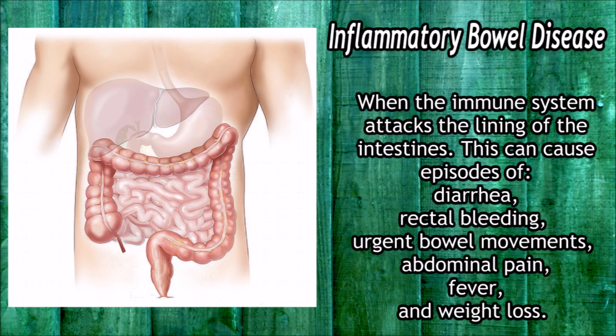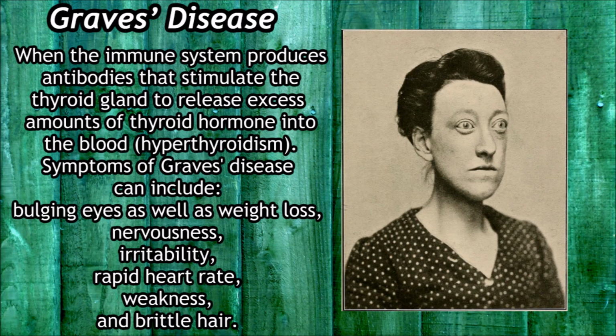This can cause episodes of diarrhea, rectal bleeding, urgent bowel movements, abdominal pain, fever, and weight loss. Some common examples of this are colitis and Crohn's disease. Graves' disease, when the immune system produces antibodies that stimulate the thyroid gland to release excess amounts of thyroid hormone into the body. Symptoms of Graves' disease include bulging eyes as well as weight loss, nervousness, irritability, rapid heart rate,